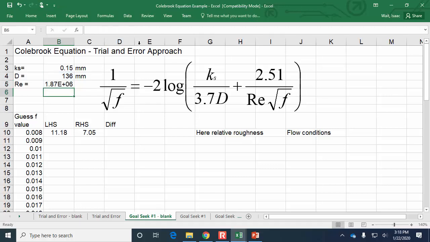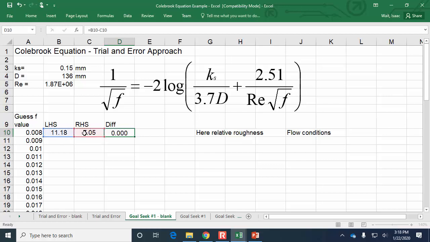So any questions so far? So the left-hand side of the equation and the right-hand side of the equation right now do not equal. So it's not correct. Let me just make sure that I've got the formula in here the right way. K sub S divided by... All right. So the difference between the two